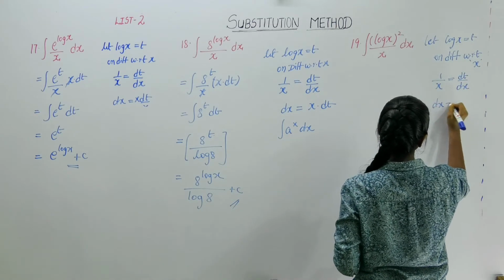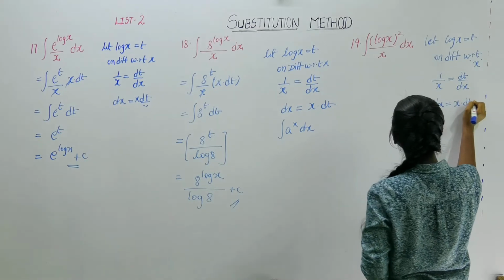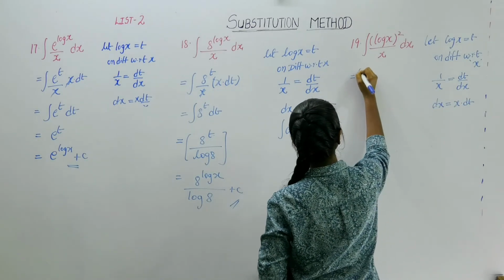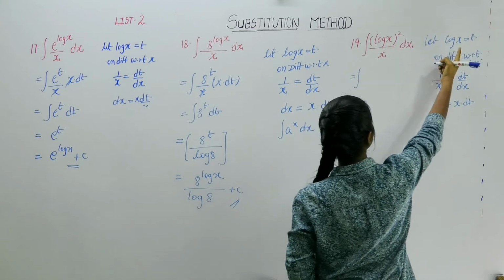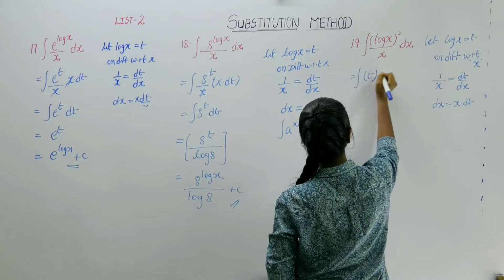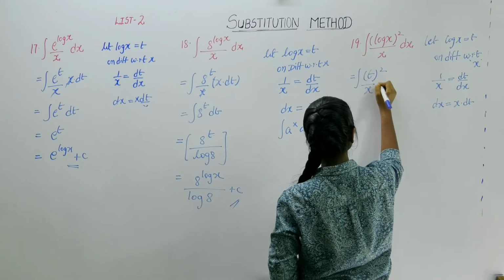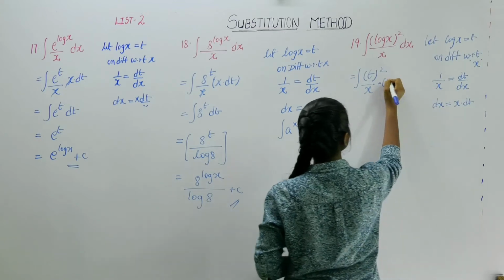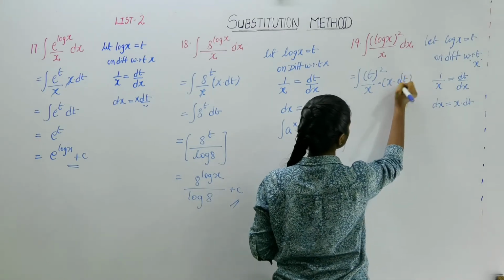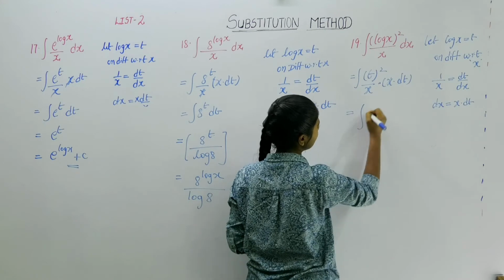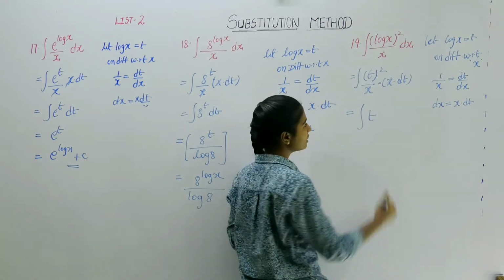We can write dx as x into dt. When we substitute it here, in the place of log x, I substitute t, so t square by x into, in the place of dx, we substitute x into dt, x gets cancelled and we are left over with integral t